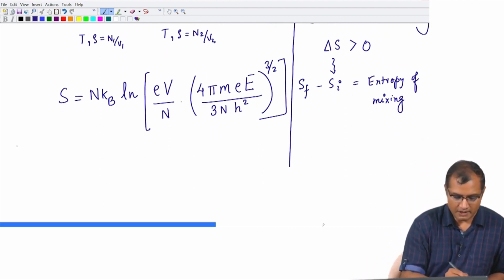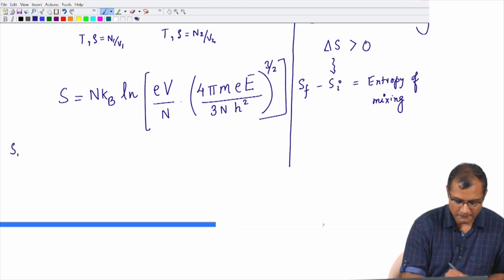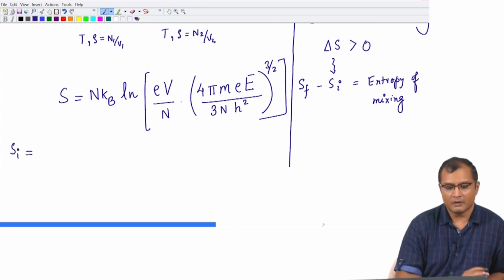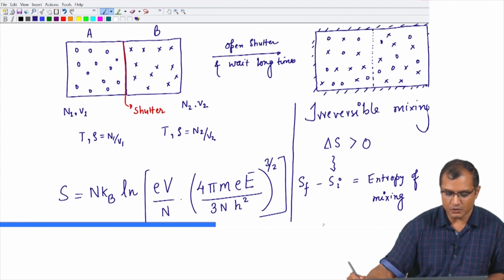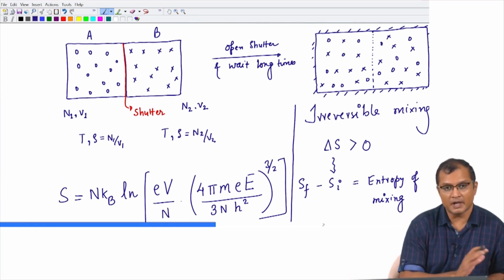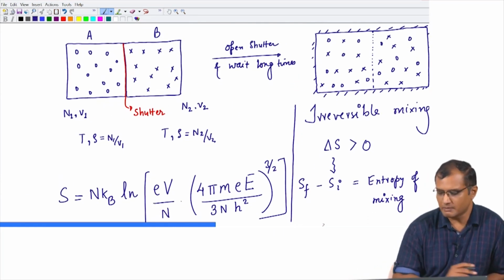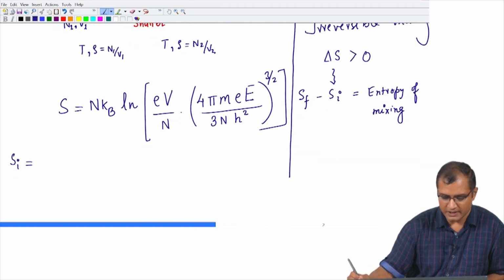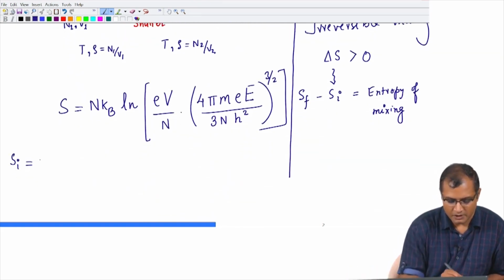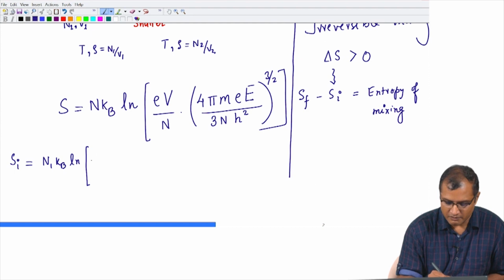So, you write down the initial entropy first. Now, initially what you have is basically these two gases A and B. So, you write down the entropy of these two gases and add them up. So, initially the entropy using this expression for the A type particles is simply N1, because you had N1 particles, into Kb into ln. I am going to write down